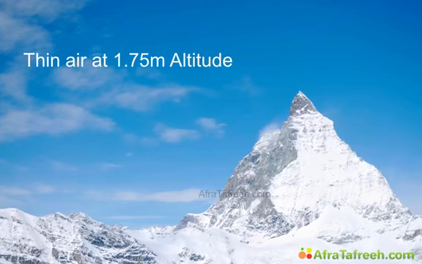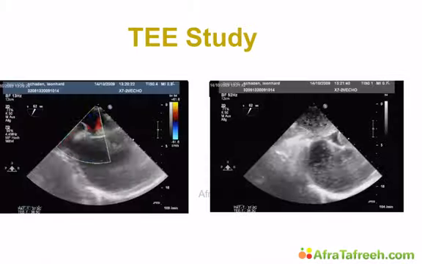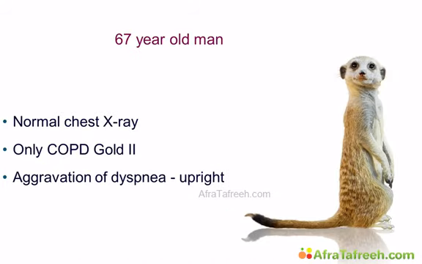Thin air at 1.75 meters altitude. Now this was a 67-year-old man who came in with dyspnea, very severe dyspnea, which was interestingly aggravated when he was in an upright position. When he was lying down, he was doing perfectly fine, but as soon as he got up, he was really dyspneic. And we took a look at him, and he had a normal chest x-ray, and he only had a